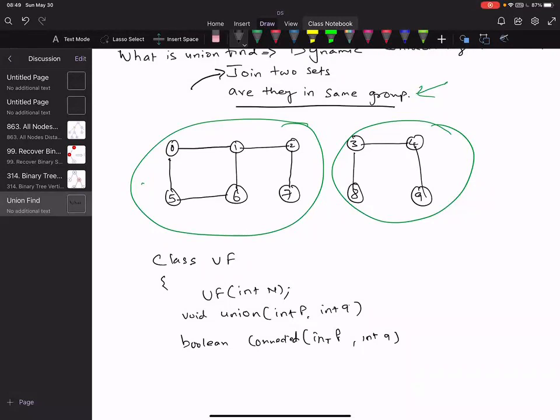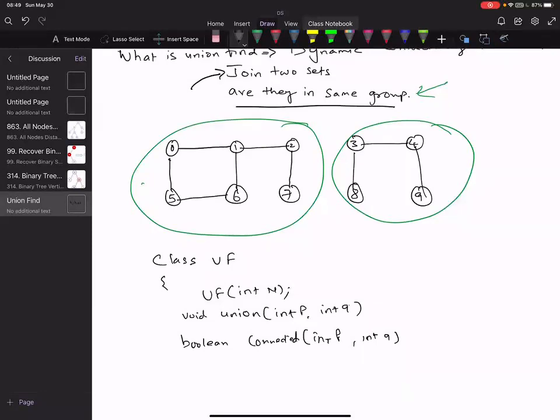So when you want to solve any problem through union find, these are the properties that you need to understand: the things we discussed, like transitivity, plus once you connect, you can't disconnect.